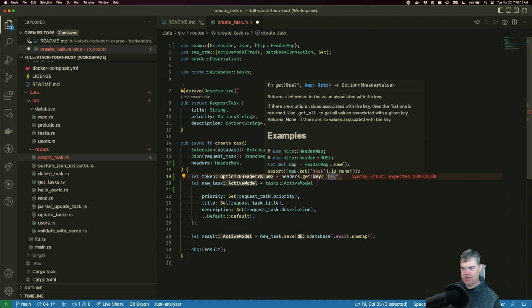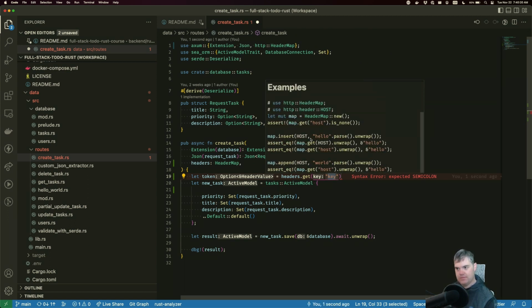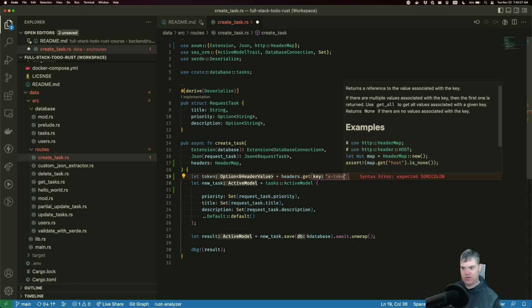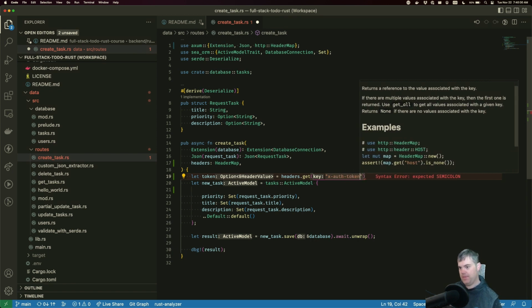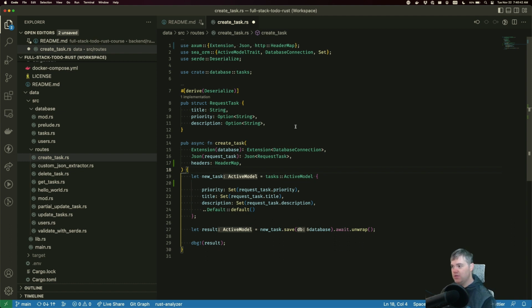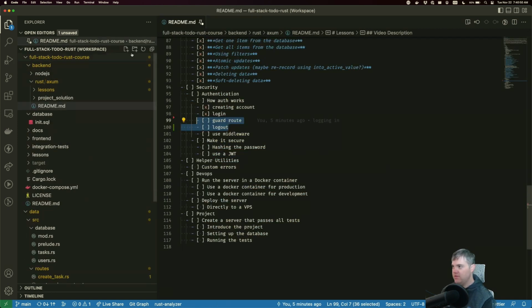I can get, yeah, so it'd be something like x auth token. Something like that. We could then unwrap this, or better yet, we can do an if let. Okay, so we'll handle this properly. So let's save.